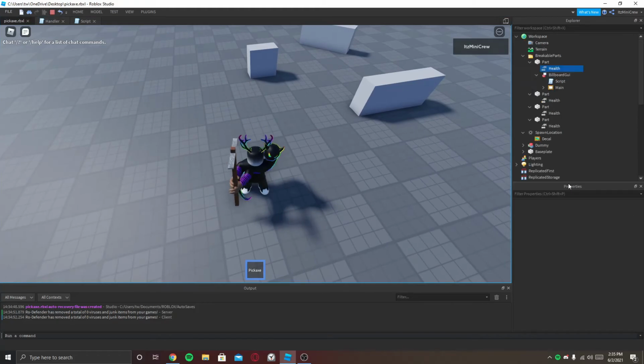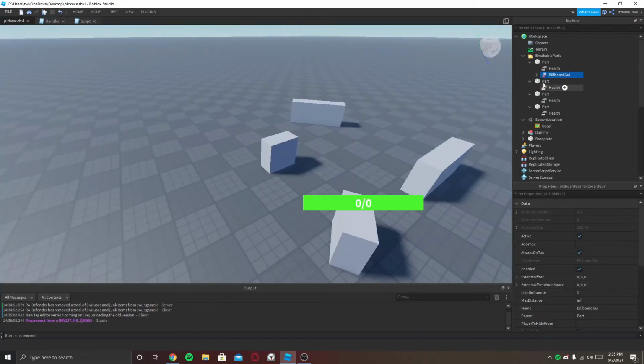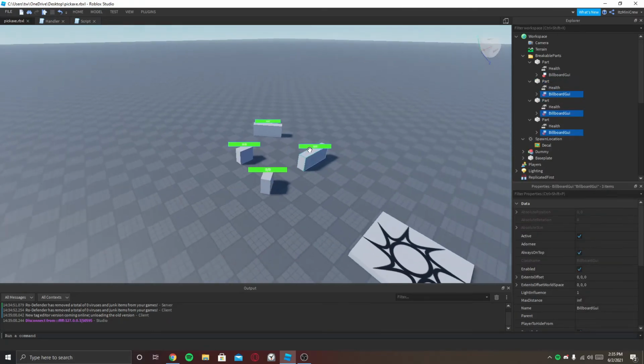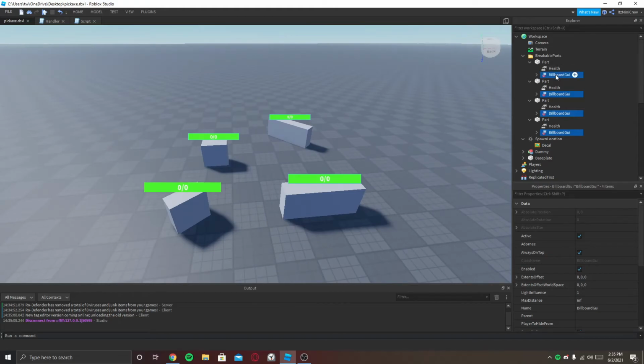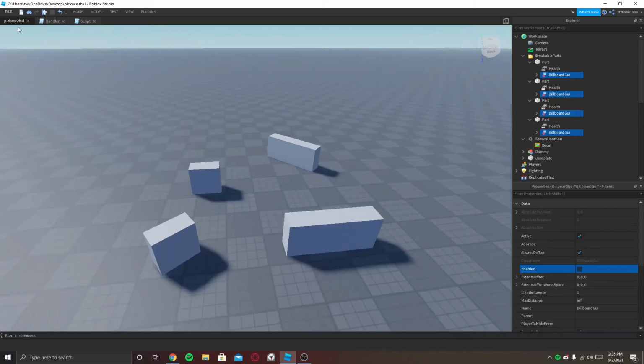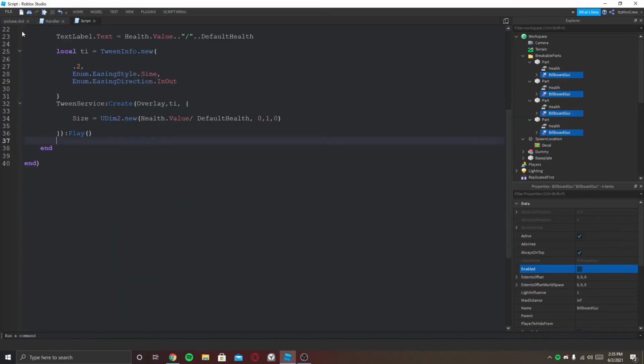So now we can just copy that and select each one you want and then just paste everywhere. And actually I'm gonna disable the enabled on each of it because in Fortnite it doesn't just show it every time. And now what we're gonna do is go back to the tool script